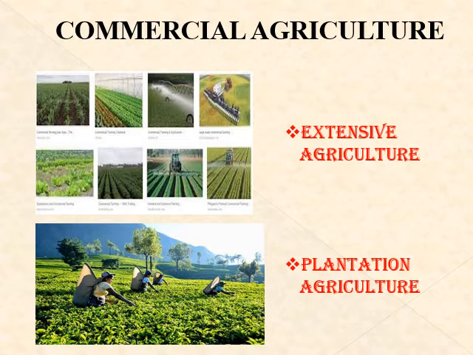Okay, first we discuss extensive agriculture. Students, extensive commercial agriculture is practiced in developed countries. Agriculture is done on a large scale on big land holdings using modern machines. Students, it is generally practiced in sparsely populated regions. Total production is large, but per hectare yield is comparatively less in this type of agriculture.